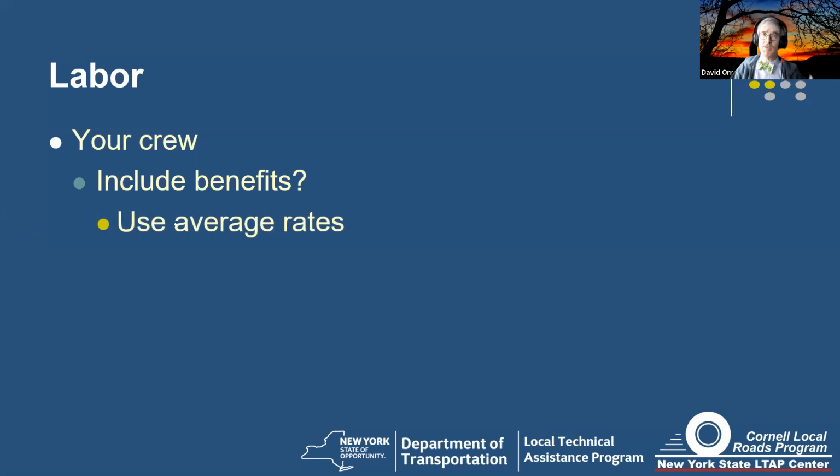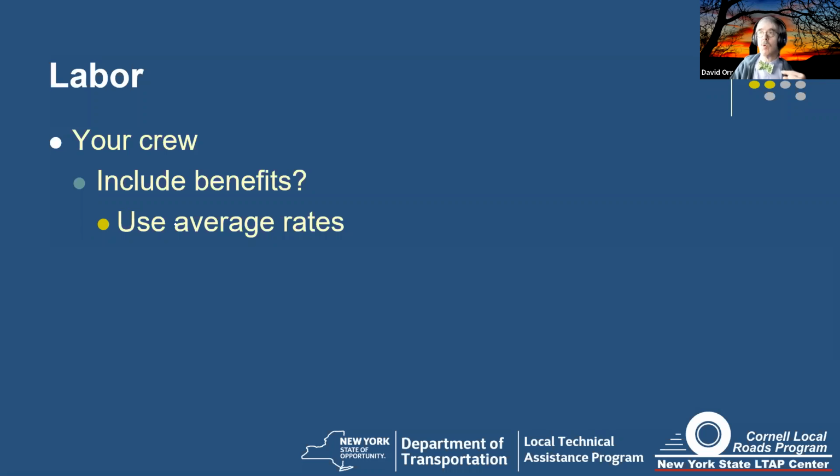Now, most of the time we're going to use average rates. For larger departments, that's pretty easy because you got 4 or 5 laborers, you got 8 or 9 medium equipment operators, and 6 HEOs or whatever. If you're a small agency and you've only got 4 or 5 people, use rounded rates. Take the rate and round it up to the closest dollar or half dollar. Don't get down to the penny. And go ahead and put the benefit number in there. And then that particular way, you might hide the fact because you really shouldn't be telling people salaries. That's not really fair to them.